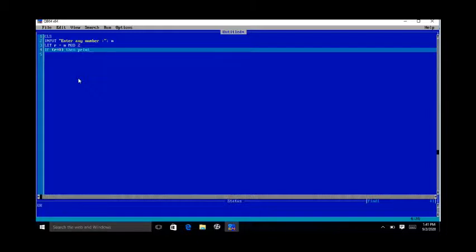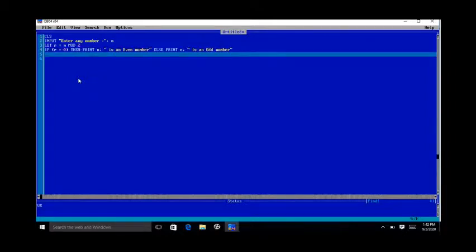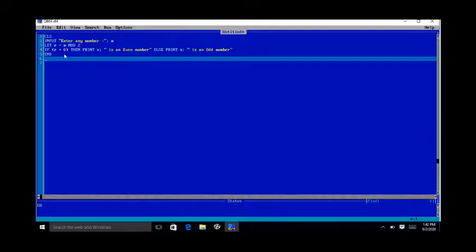Then print n semicolon is an even number, else print n semicolon is an odd number, and then write the end.